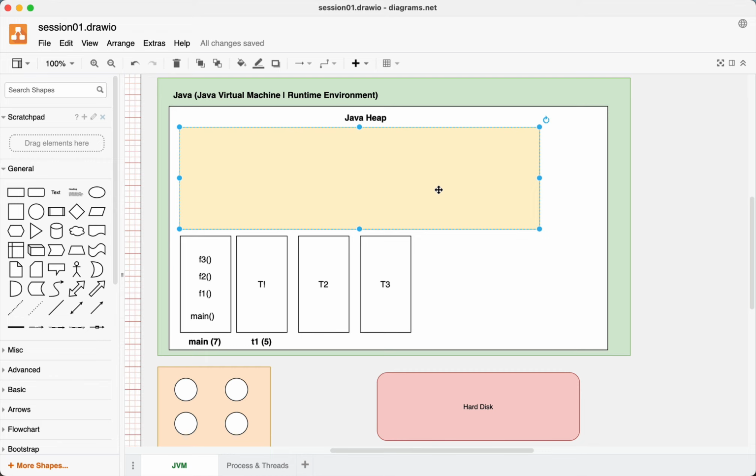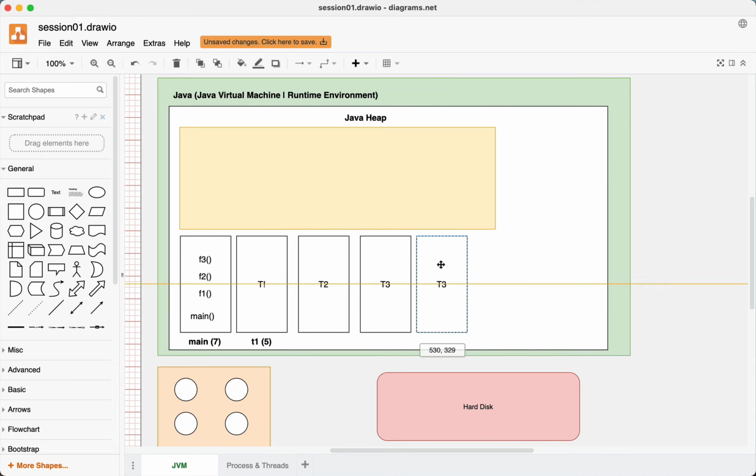Now we are supposed to talk about objects: how objects really work, how the objects are created, how the objects are referenced, how they are different from primitive types, how it actually looks in memory, and quite a few other things with respect to objects. And I talked about the threads. So, for example, this is also a thread, and maybe this is also a thread, just to make it look good. This is just for representational purposes.